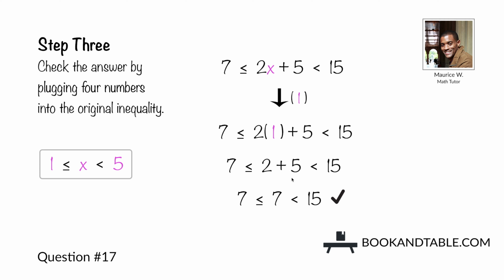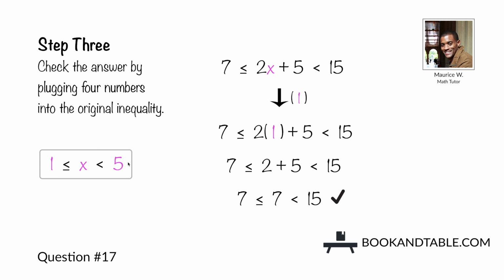2 plus 5 is 7, leaving us with the true statement, 7 is less than or equal to 7, which is less than 15. So this end of our answer is correct. And now to check this end, we want to plug in 4, since 4 is less than 5. And then we want to plug in 5, because 5 should not work, since x is less than 5, but